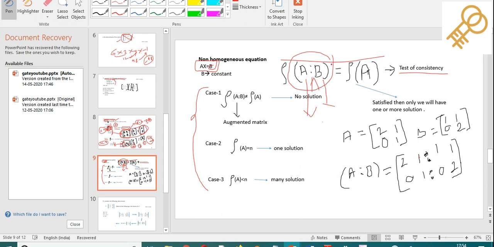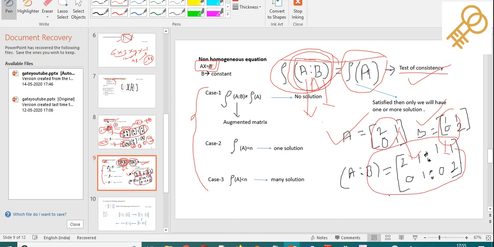First of all, you have to augment the matrix and find the rank of the whole matrix. That is called the rank of the whole augmented matrix. If the rank of the whole augmented matrix and the rank of the individual matrix A are equal, then in that case you can tell that the test of consistency is satisfied. For example, suppose you have a matrix A and a matrix B. If you want to find the whole expression, that is A augmented B, you can append B to A. This is your A matrix here and we are appending the matrix B to A, so you'll get this final matrix. Now let us move towards the cases.